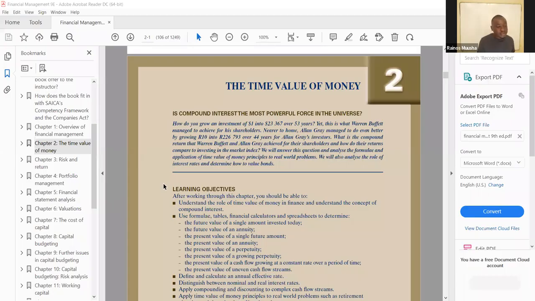So looking at chapter 2, we are looking at the time value of money principle. And if you have studied financial management or investment management at undergrad, you see that these principles are very much relevant as well. But remember, we need to go through this step by step, because there are also other students who are now doing their honors and they need to do financial management, but they don't really have a good background when it comes to financial management. So we need to make sure that they also benefit from this practice, so that we are not going to end up disadvantaging anyone.